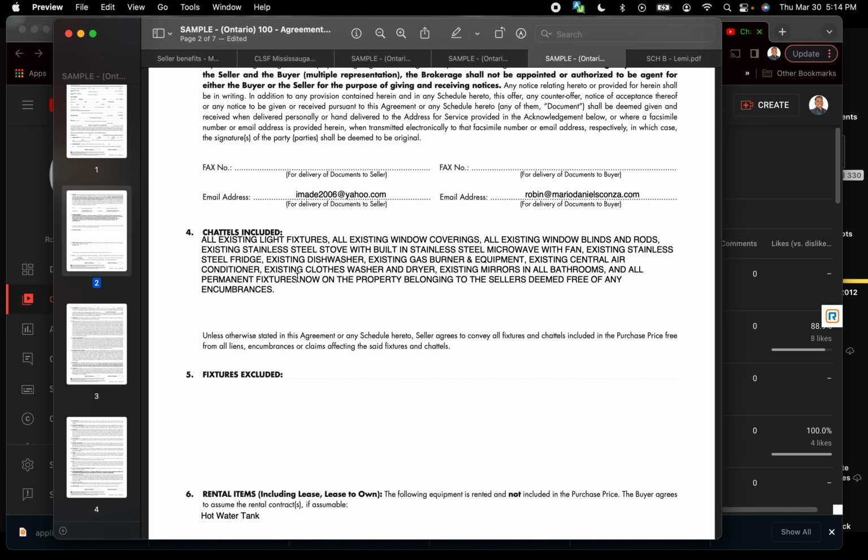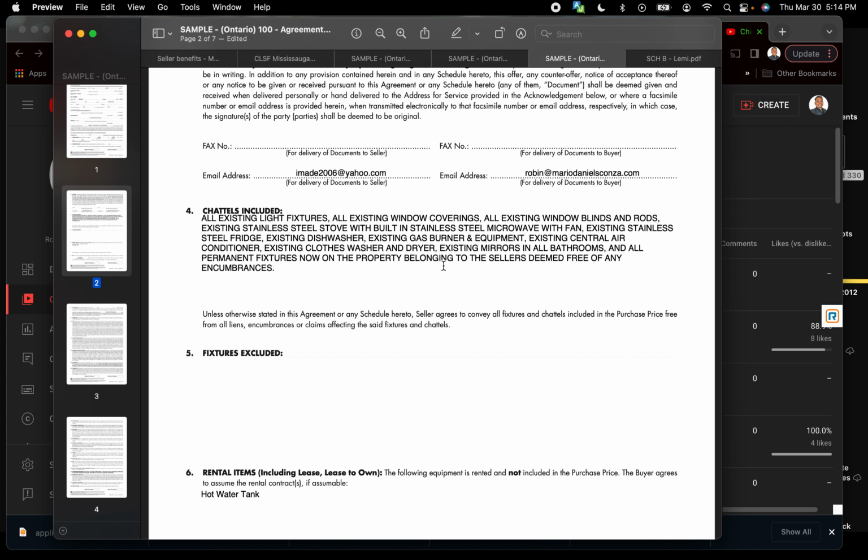If there are any appliances or furniture that we would like to include in here, like a shed, additional storage in the back, this is where it will be. So please make sure that all these items are included in your chattels and fixtures. Okay. Next is,